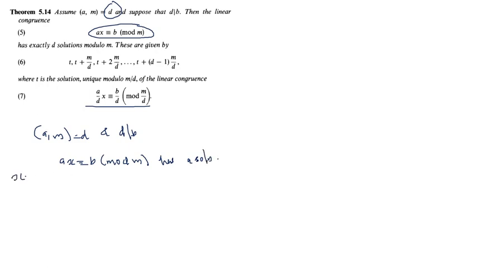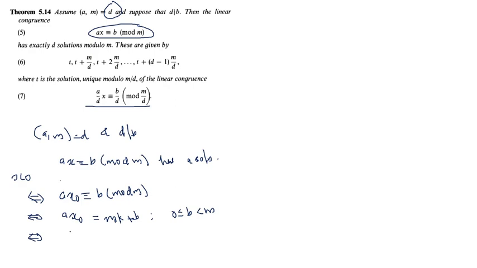Then we get an if and only if statement, that is, Ax congruent to B mod M if and only if Ax naught congruent to B mod M, because x naught is a solution of Ax congruent to B mod M. That is, if and only if Ax naught is equal to some mk plus b, where 0 less than or equal to b strictly less than m for some integer k, and which is if and only if A by D x naught